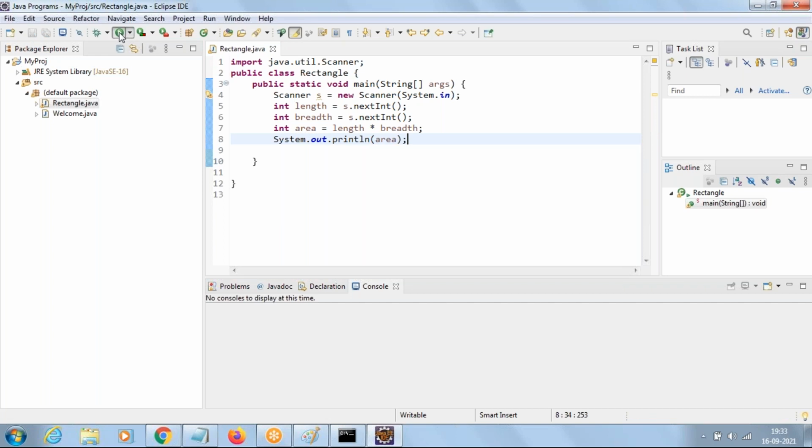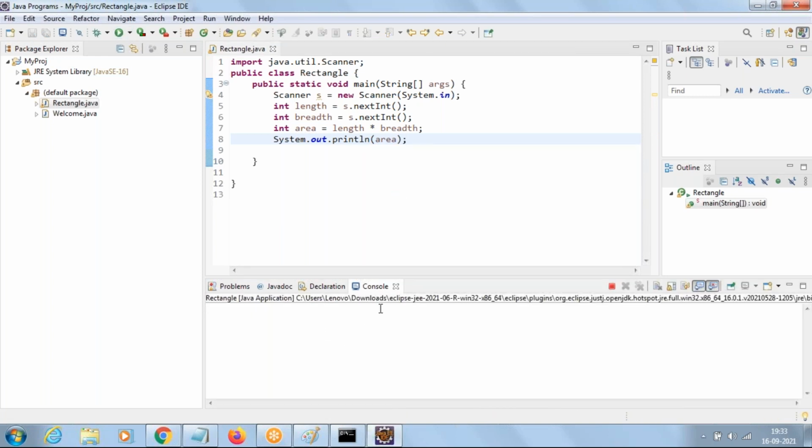You can click on this run button. Then see in the console. In the console, the cursor is blinking here because it is waiting for your input. If I say 10 and press enter key, 10 will go and store into length variable. Again, the cursor is blinking because it's waiting for input. Now, if you say 5, 5 will go and store into breadth variable, and the value of area is printing as 50. So this data you are providing here, this only we call runtime data entered by user.